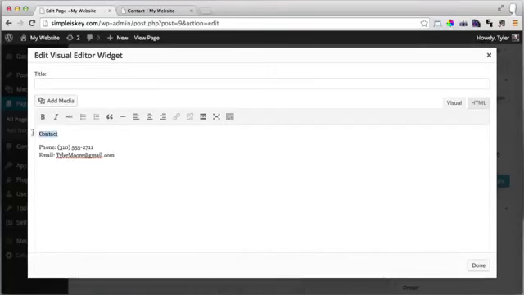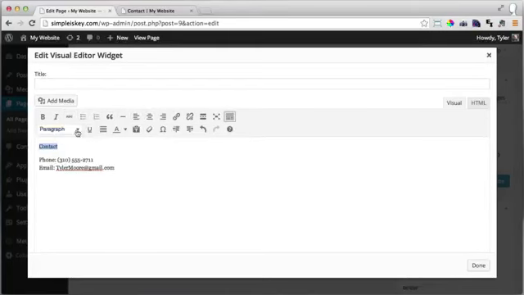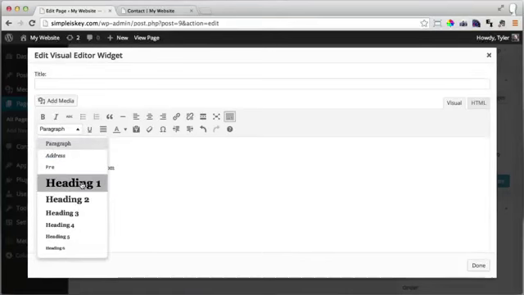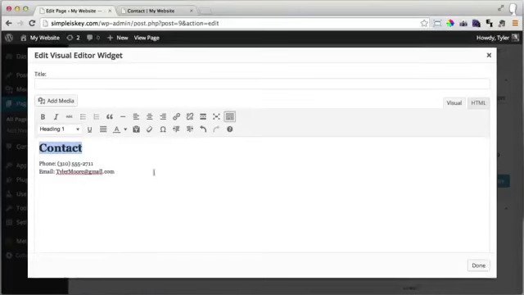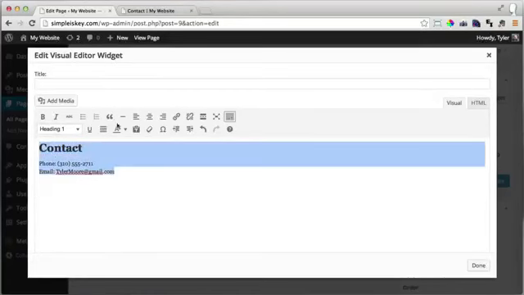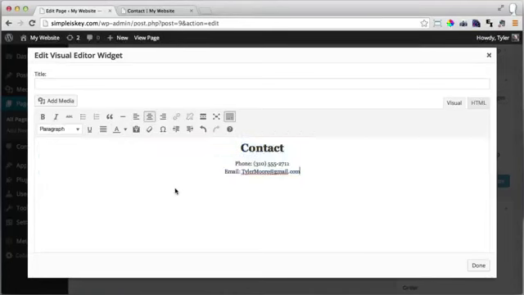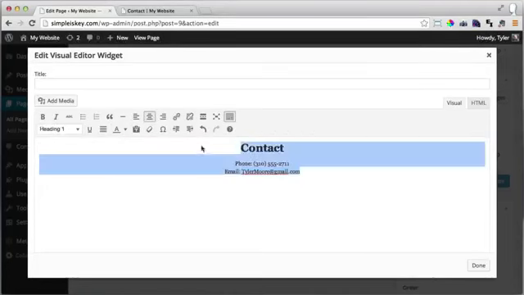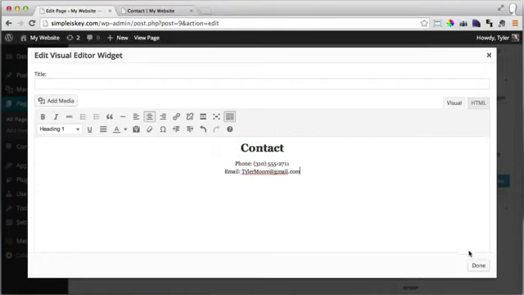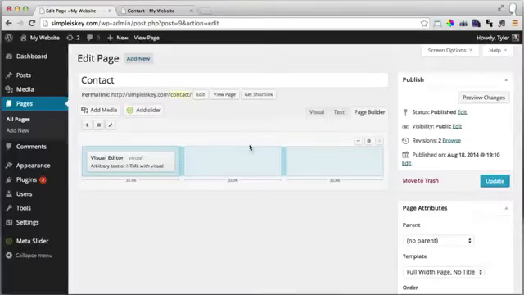And for the contact, if we click on right here, we can make that into an H1 or a heading 1. So the biggest heading, we just highlight it and click on it. Then I'm going to center everything, align to center. And this is why I needed the visual editor, to do all these really cool things much easier. Then I'm going to press done,